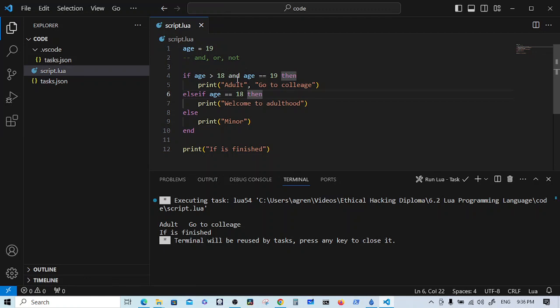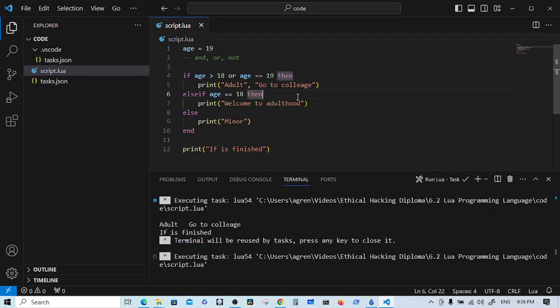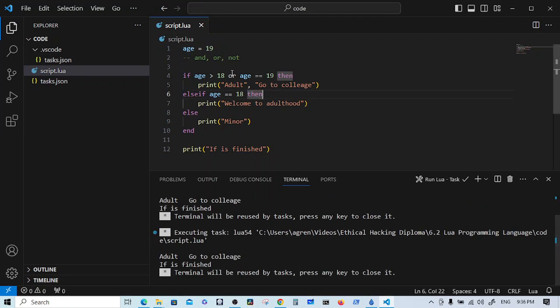Now, or on the other hand, will execute all the time unless both of them are false. So if this is true and this is true, it will execute. True, false, it will execute. False, true, it will execute. False, false will not execute. So if we run this, we get the same output